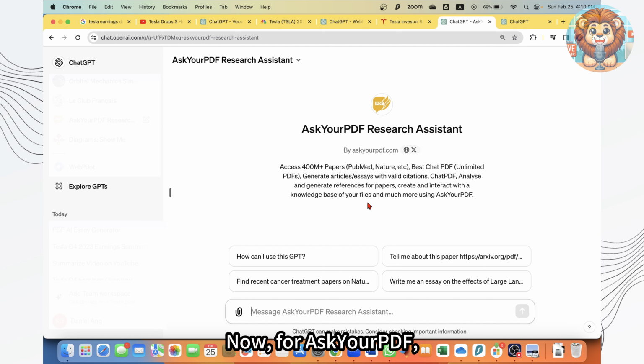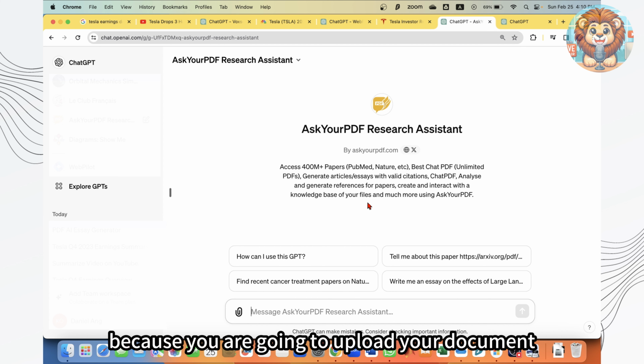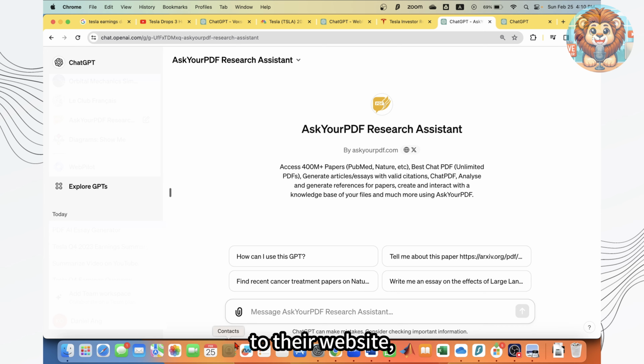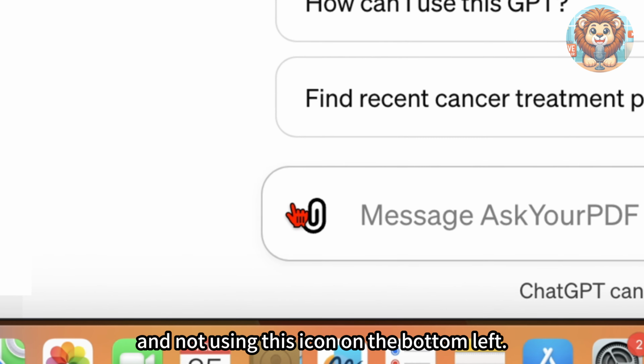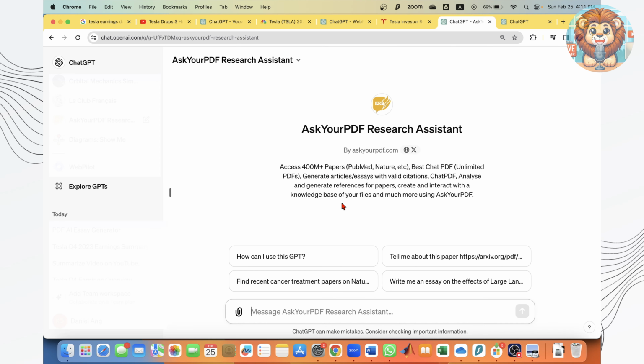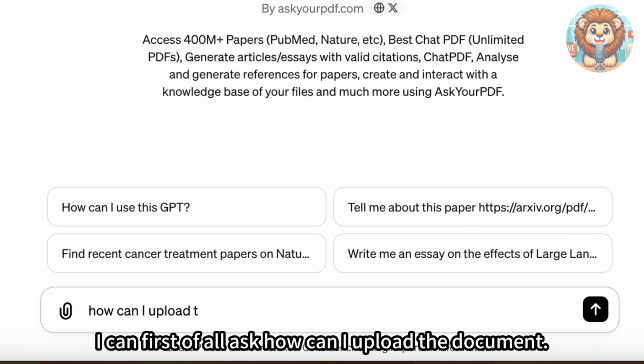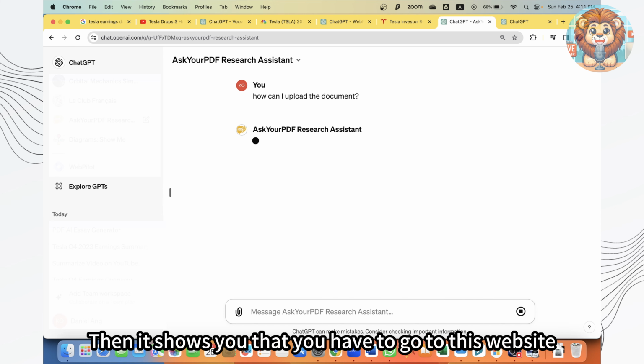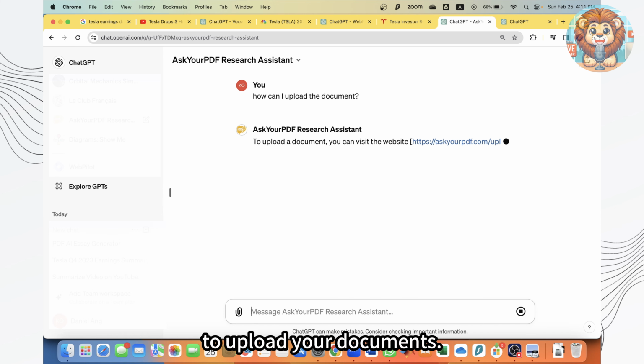Now, for Ask Your PDF, it is a little bit special because you are going to upload your document to their website and not using this icon on the bottom left. It doesn't work for Ask Your PDF. I can first of all ask, how can I upload the document? Then it shows you that you have to go to this website to upload your documents,